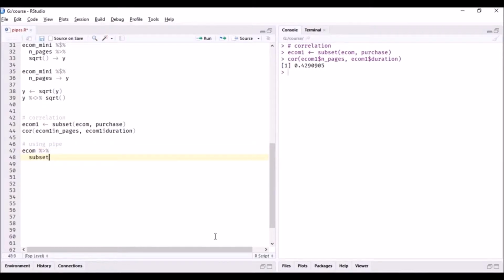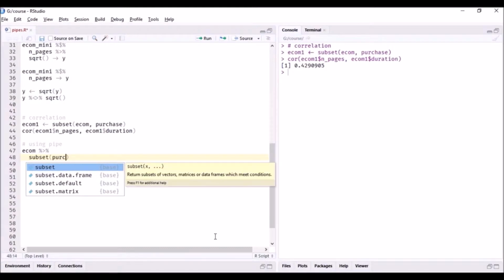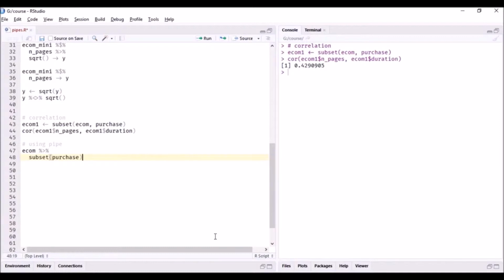so we pass it on to the subset function, and then we filter out all those rows or visits which resulted in the purchase. Since purchase is a logical value, if you want to filter for true, you just specify the name of the column, and if you want to filter for false, you use the not operator before the column. Since we are filtering for true values in the purchase column, we'll just specify the name of the column. And from this, once you have